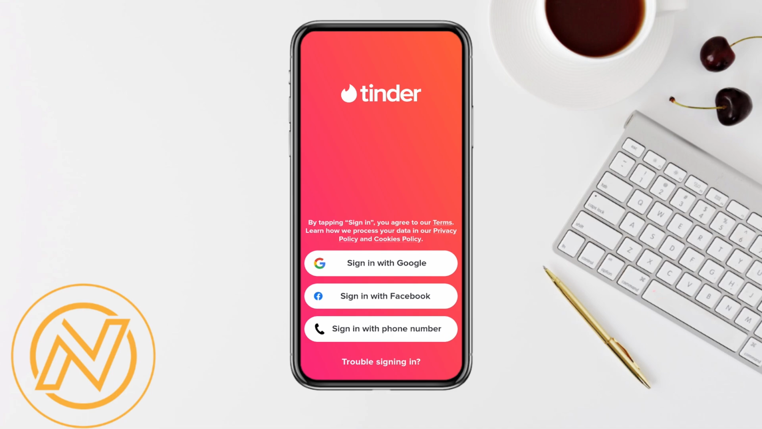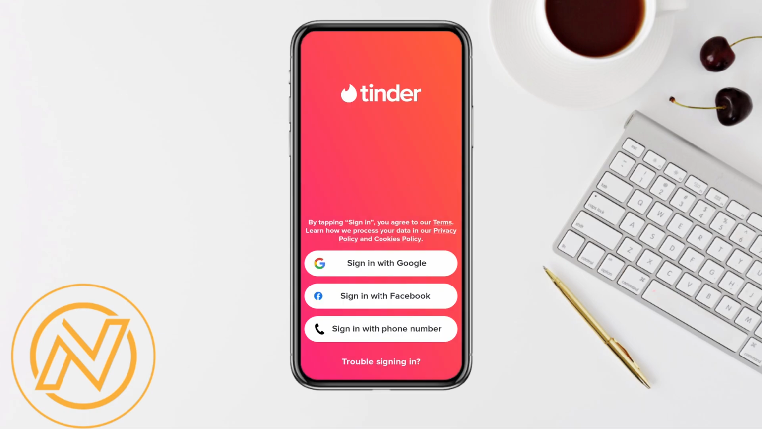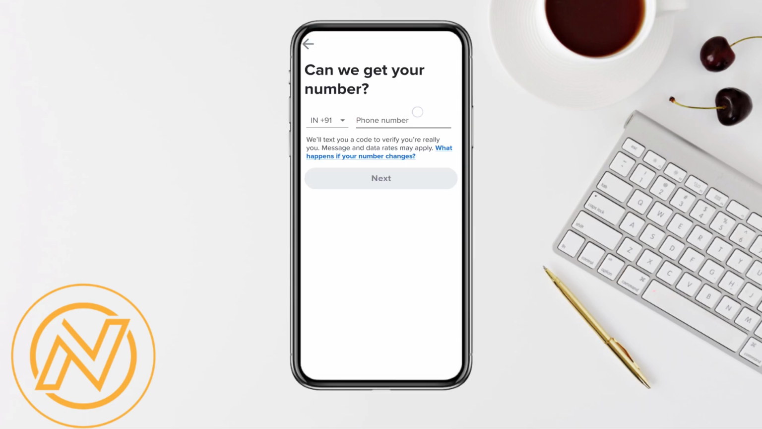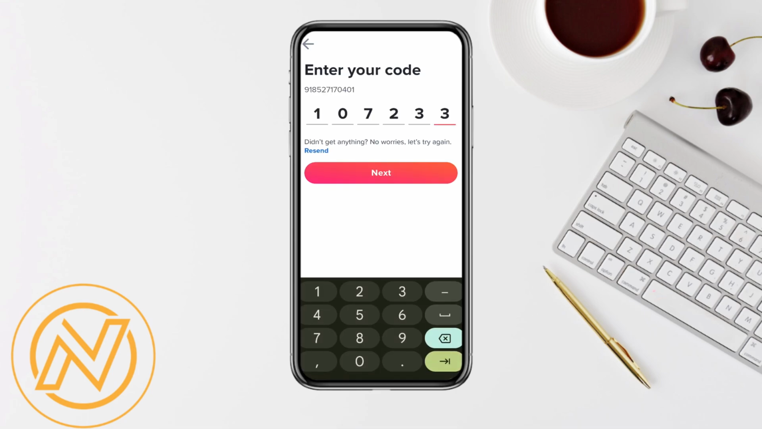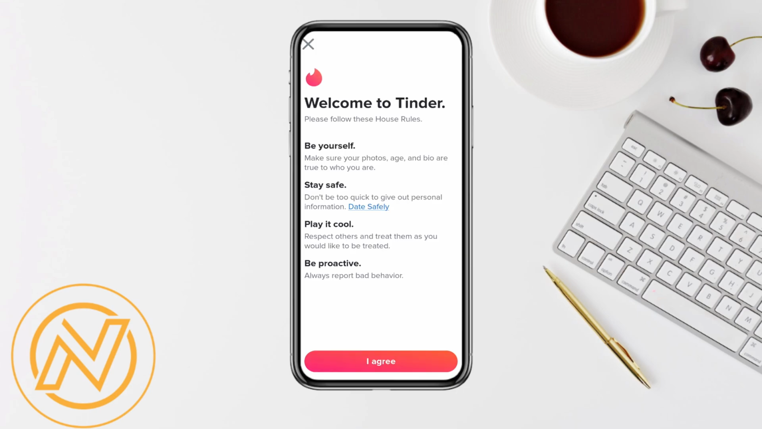So I'm going to select my Google ID and just simply select the ID through which you want to create or set up your Tinder account. And once you have selected the account, over here just enter your phone number. A code will be sent to your registered mobile number and you just have to enter it and click on next again. And once it is done, you will see this interface where it says welcome to Tinder,